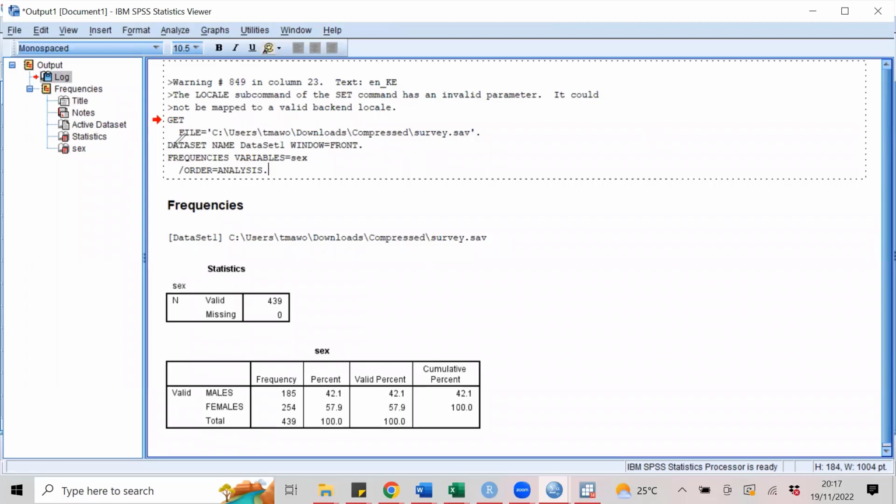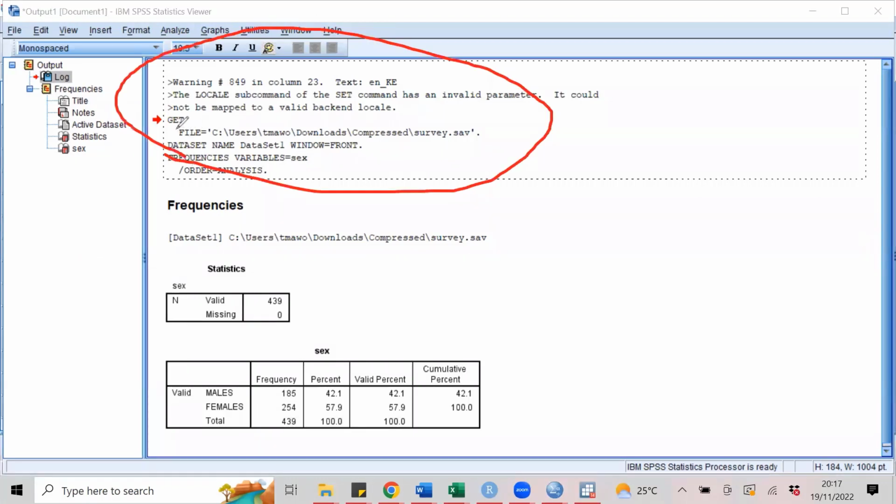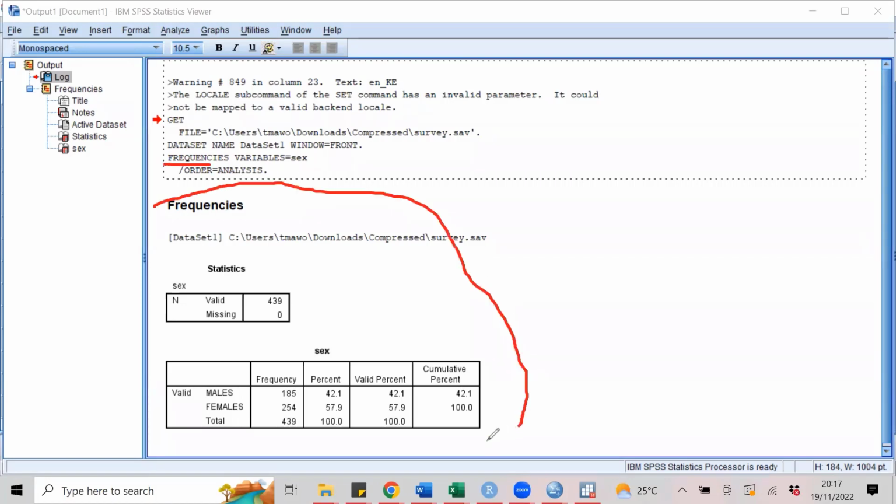Let me use some annotation here. What happens there is the command that has been run is provided there. Like here we have the command called frequencies, which has been run. And all these are now outputs concerning that command called frequencies.